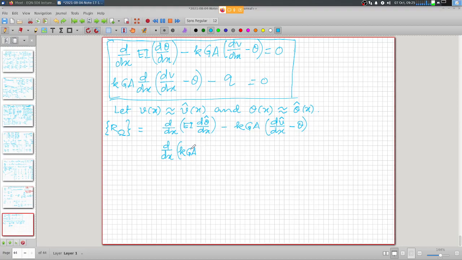We should bring this into inside the derivative. So this is the domain residual, and if we establish the weighted residual statement,